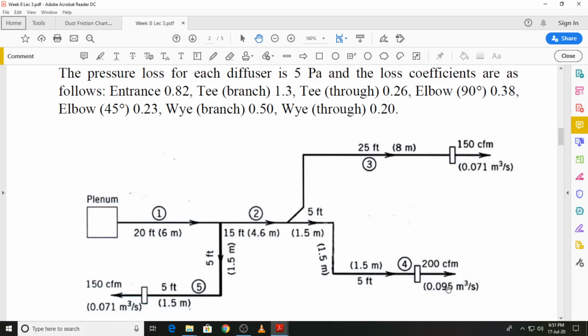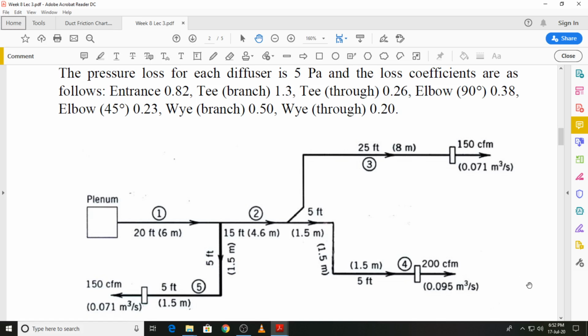We have already been told the velocities and the volume flow rates can be worked out. So once we have that, we can find out the area. Once you have the area, that is the cross-sectional area, and assuming it's a circular duct, you can find out the diameter. So that will complete the sizing part. And after that, we will need to find out the pressure drop through each of the runs. And it is convenient to